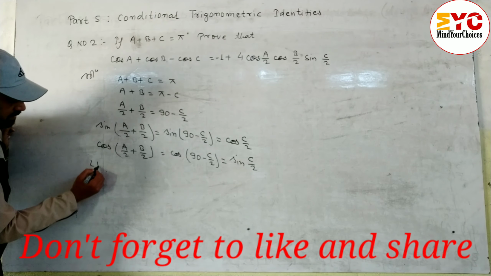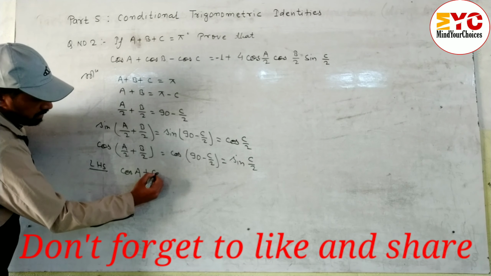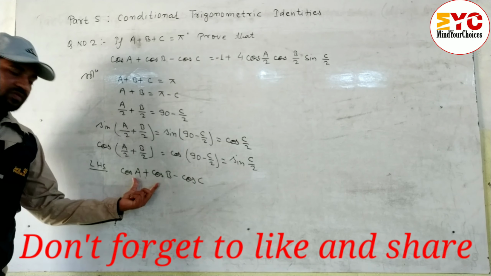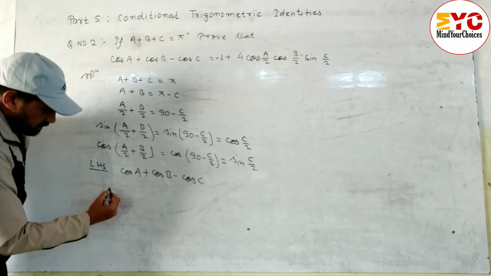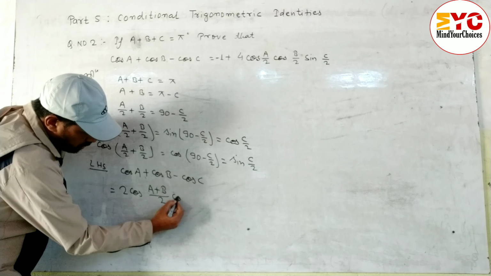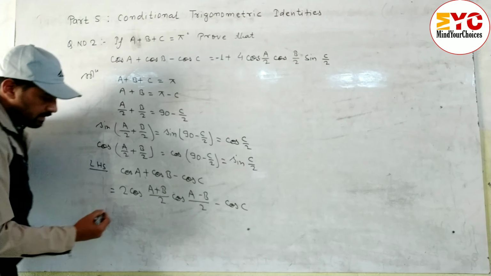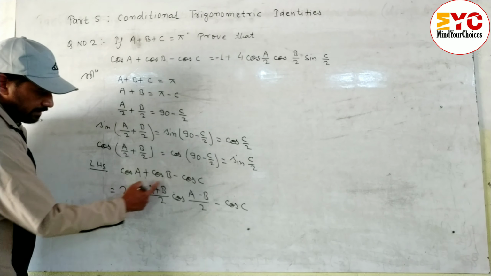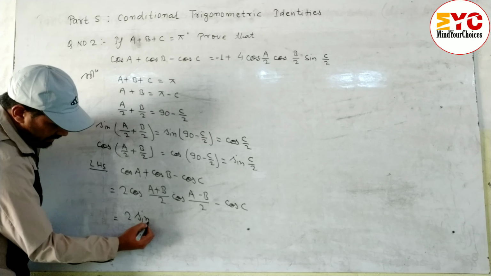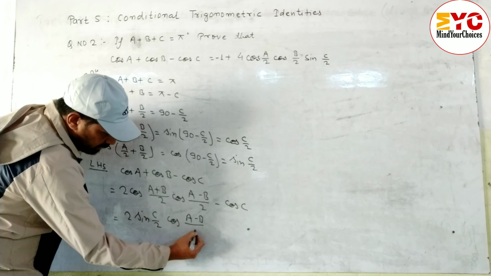Now we have to take the LHS. In the LHS what is there? Cos A plus cos B minus cos C. Now we have to use the cos C plus cos D formula: 2 cos (A plus B) by 2 cos (A minus B) by 2 minus cos C, we write the same. Now we put the value of cos (A plus B) by 2, which is sin C by 2, so 2 sin C by 2 cos (A minus B) by 2 minus